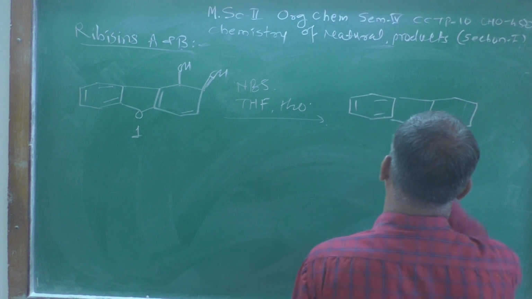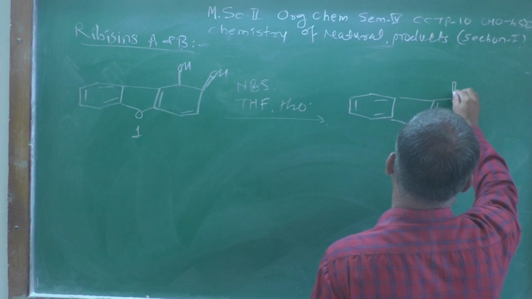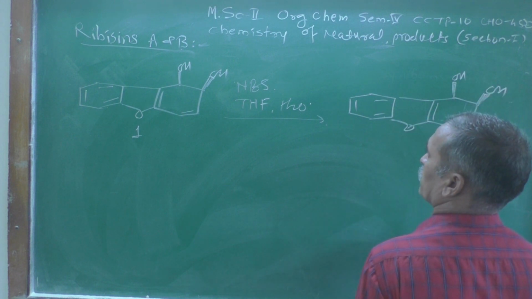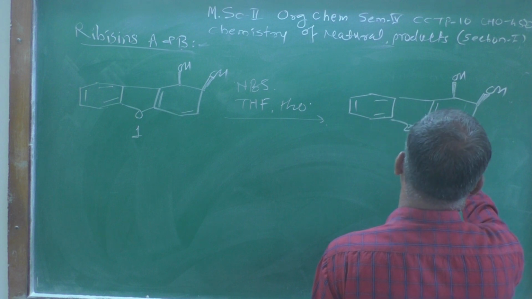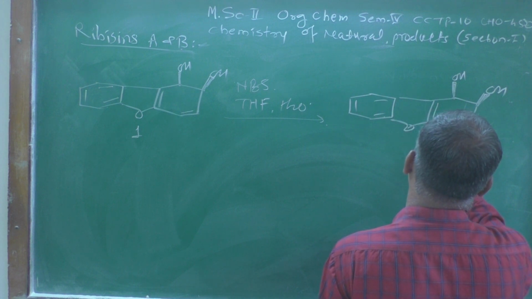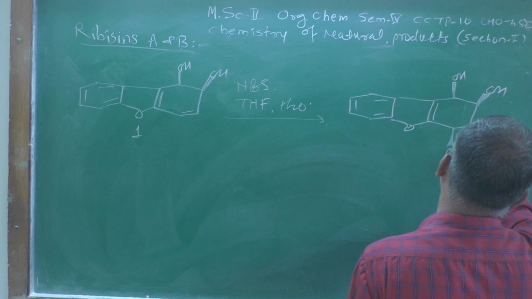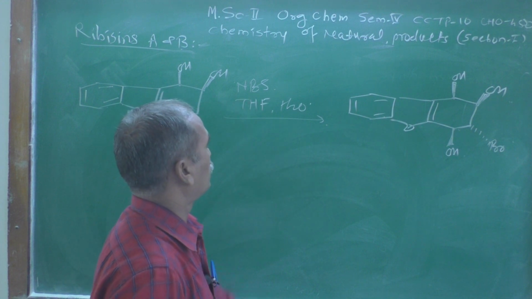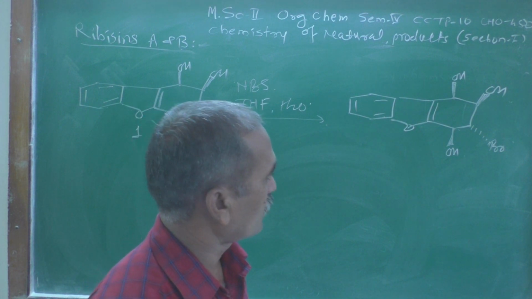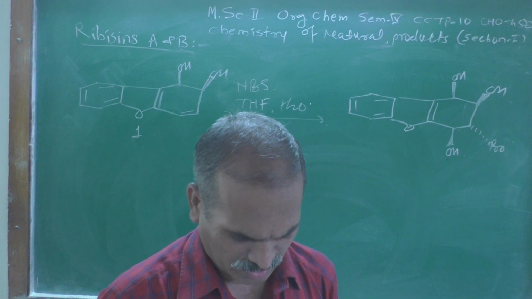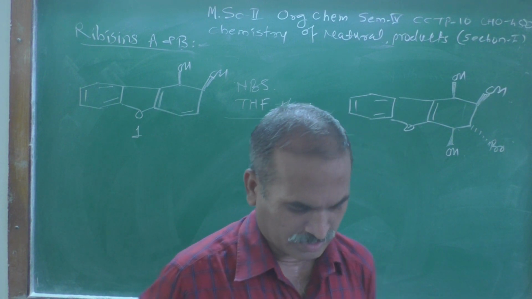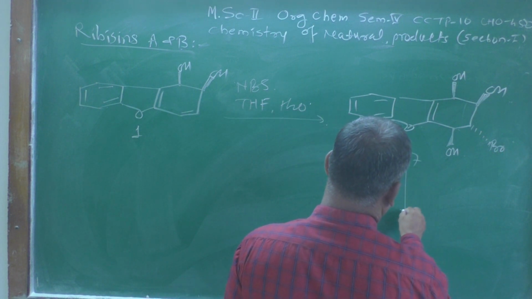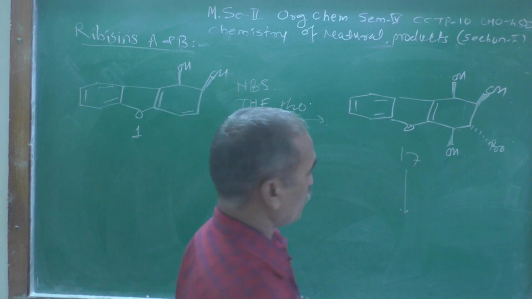This part of the molecule remains as it is, and this dihydroxylation also remains as it is. Only here, OH. Now this carbon-carbon double bond is going to give a product, here OH, and you are going to get trans. This is NBS, and then water, and this type of compound we are going to get. This is structure number 17, and when structure number 17 is further treated with sodium methoxide